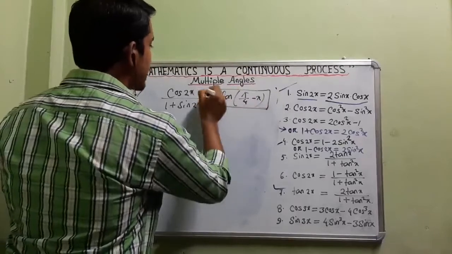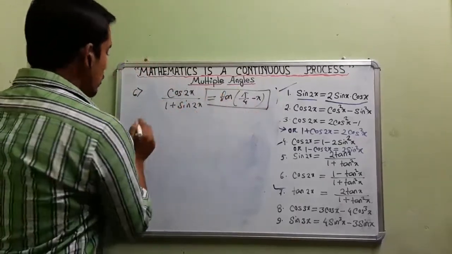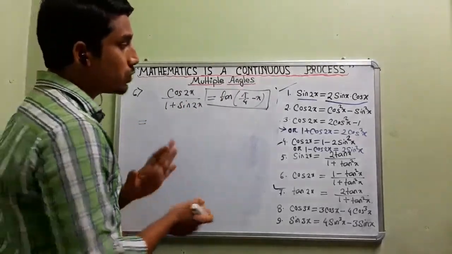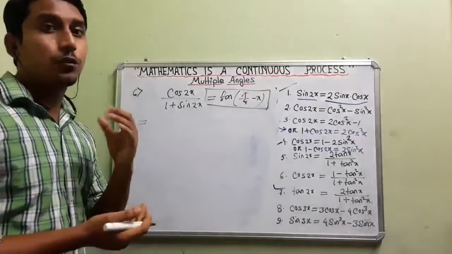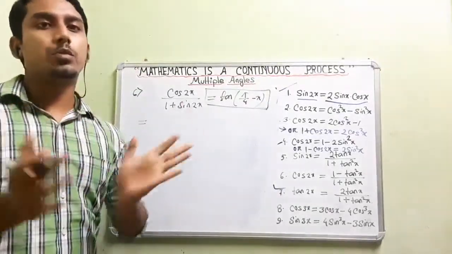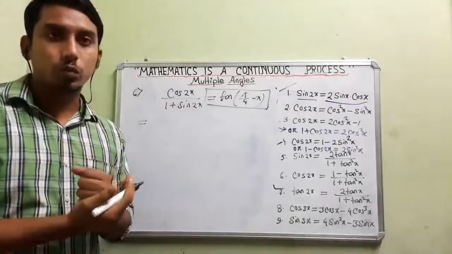If I go with the left hand side, this is our right hand side to prove. So, what we know is the formula for cos 2x. Which formula will we use? We are having so many formulas. Which formula to be used, that you will get to know after solving so many problems. At that time you will have some idea in which problem what formula to be taken.